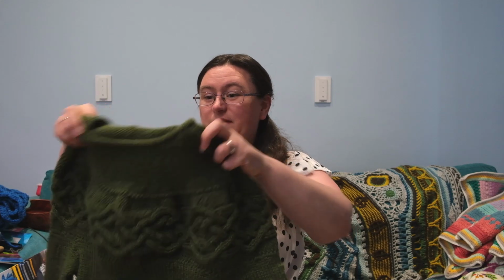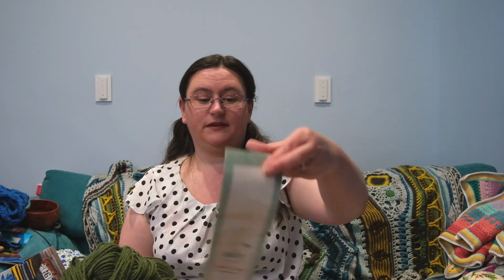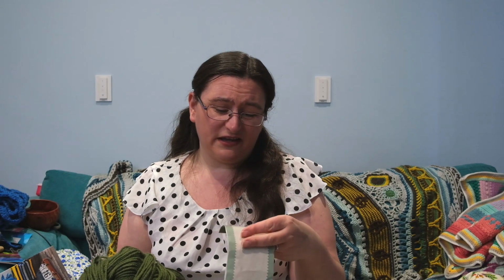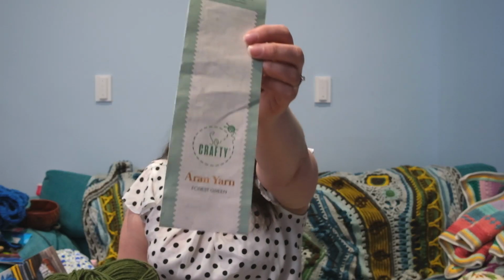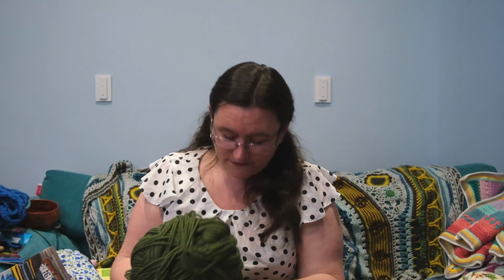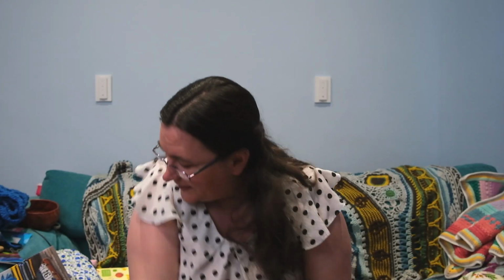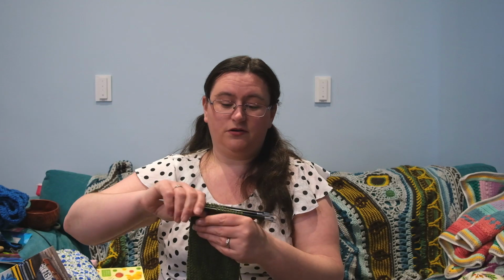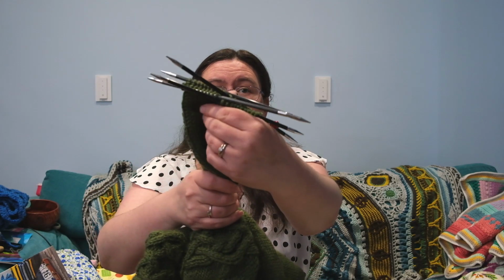So this is a primarily acrylic yarn. I'm using the Aldi Aran, which, here it is, forest green, and it's such a good deal. I get a 400-gram ball, which is around about 800 meters, and it's $4.99. I think they are, these ones, $4.99. So that's all good. So as I am using my Knit Pro carbons, DPNs,